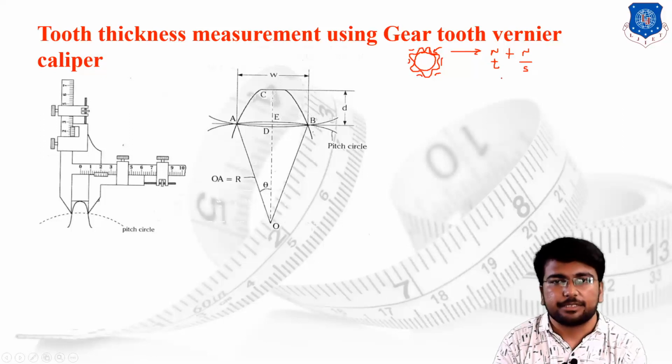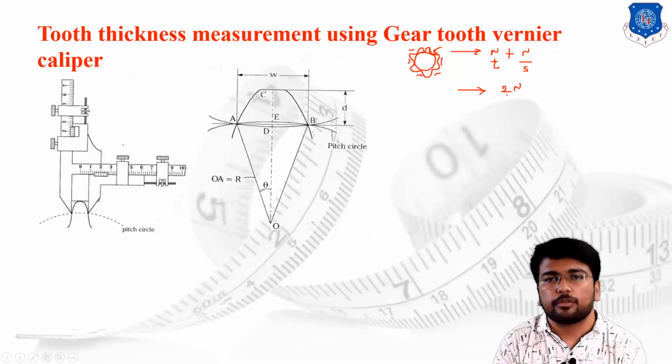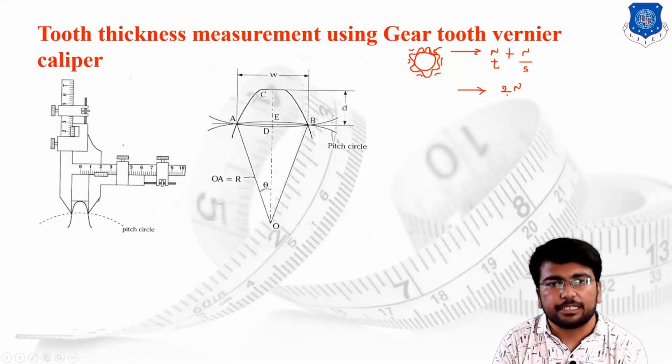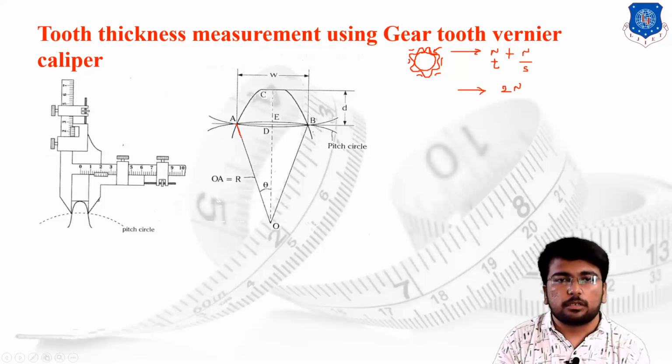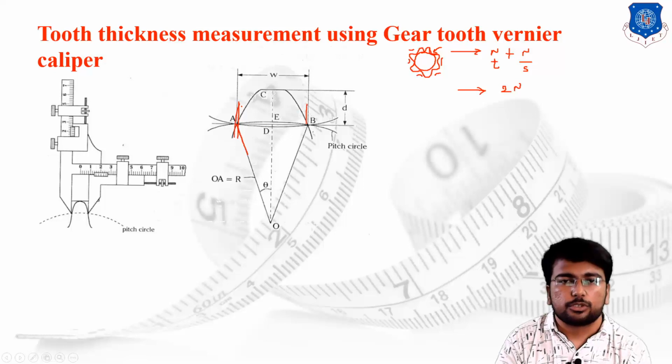I can say that, yes. Suppose I am adding this, then I can say that the gear has 2n different divisions. Each division shows the value of the width. Now suppose this particular portion shows the value of n, then if I have to do this particular setup, what is the length, or we can say what is the dimension, of AE?